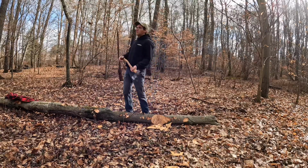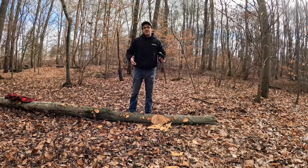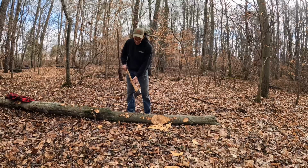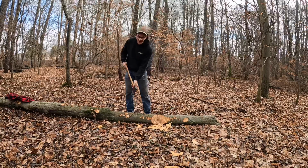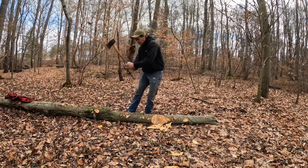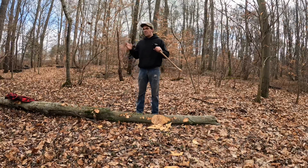Now you see all the movements that my body is making. I'm wasting a lot of energy to try to make this cut, and I'm also compromising my accuracy because it's going to be a lot harder to hit the same spot in this tree over and over again if I'm doing all these drastic movements to come into this log like this,